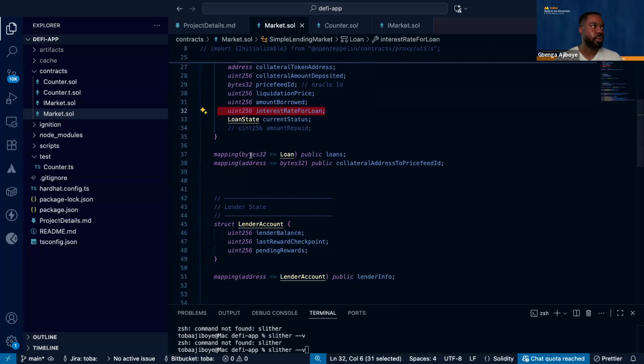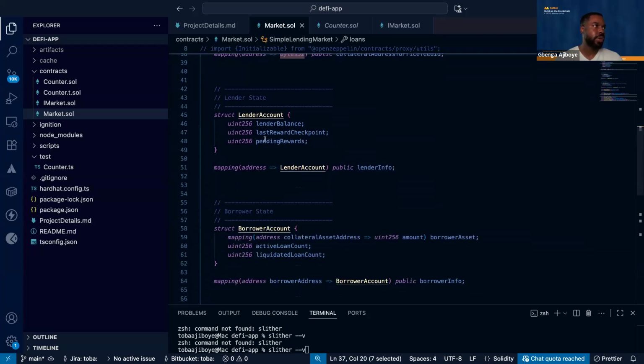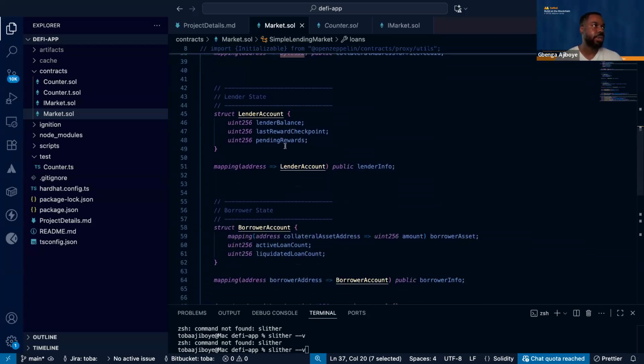There's a mapping of bytes32 to loan. This is just a loan ID. Loan ID to loan, nothing fancy. And this is the mapping of address to price feed ID. You know, this is a mapping of